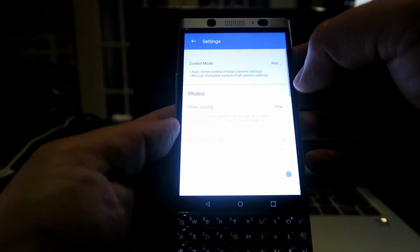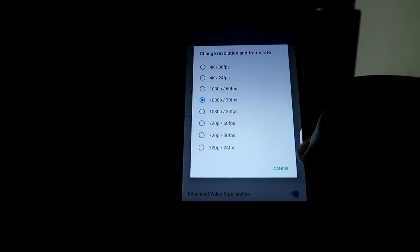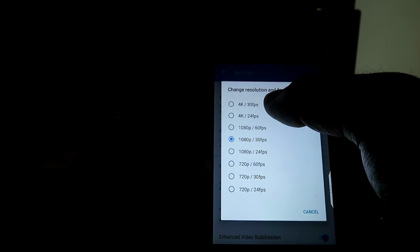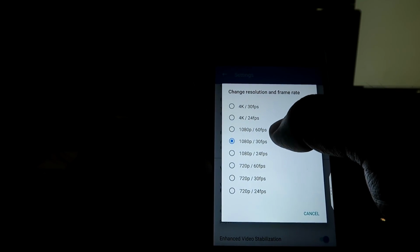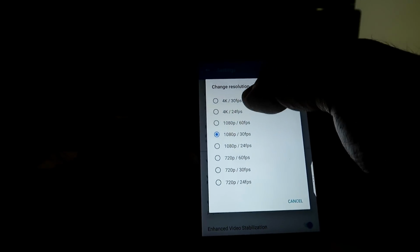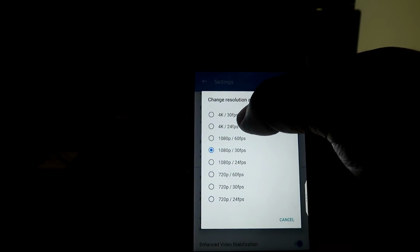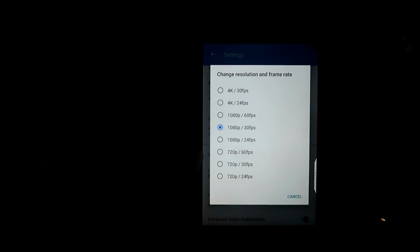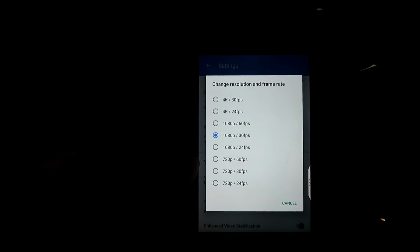I will say that when you go into your video section, you do have some great options here to choose from. So if you go up to 4K at 30 frames per second, or you can go at 1080 at 60 frames per second. Now the one thing I'll mention, if you're shooting at 4K, the image stabilization doesn't work so well, so you do get a bit of a shake. So you do need to be mounted on a tripod or a stabilizer, a gimbal of some type, to keep